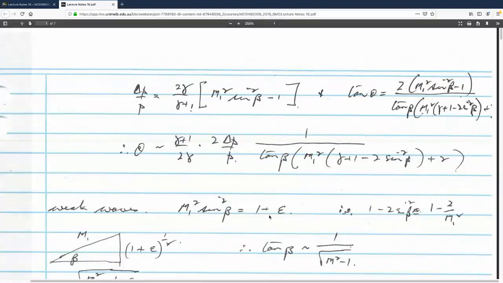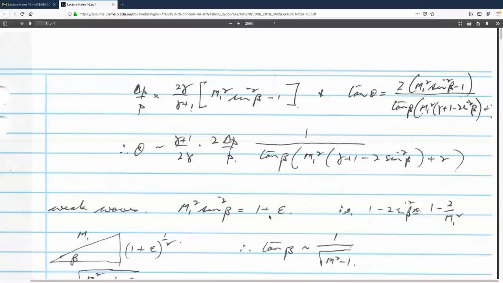Now, if I wanted to work out the small weak shock wave limit, so I'm going to deflect the flow through a tiny angle, then my tan theta becomes just theta in radians. And this expression becomes, so what I can do is substitute M1 squared sine squared beta minus 1 for the pressure rise. So I have 2 over gamma plus